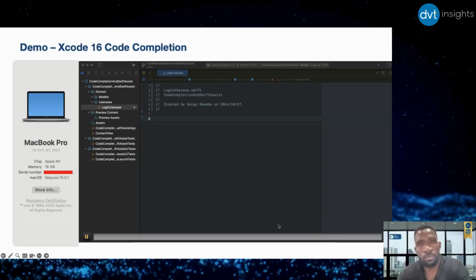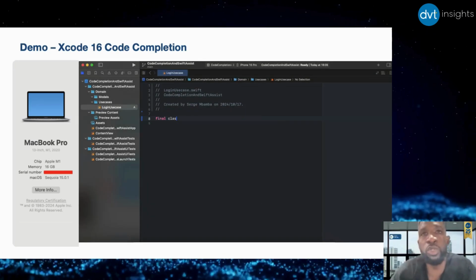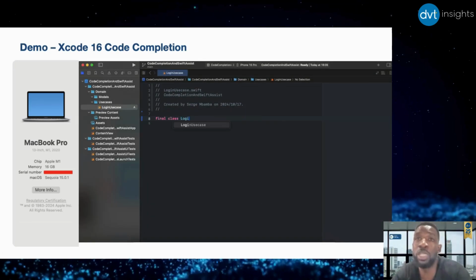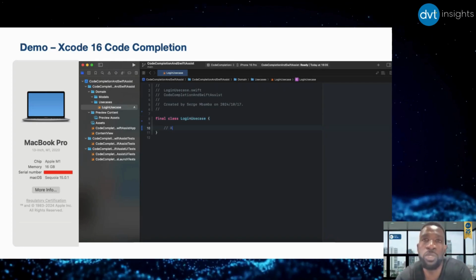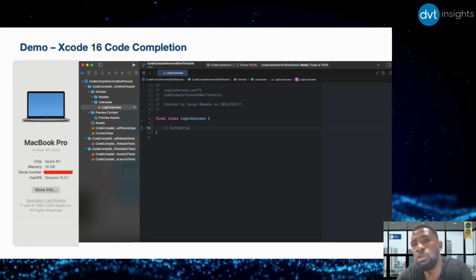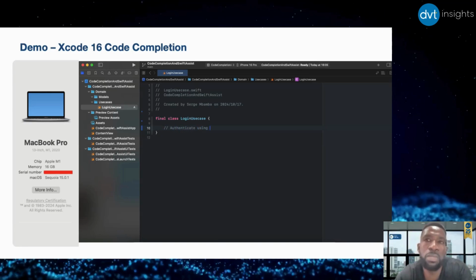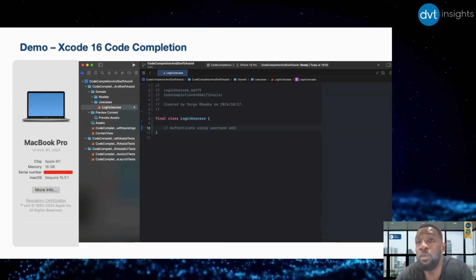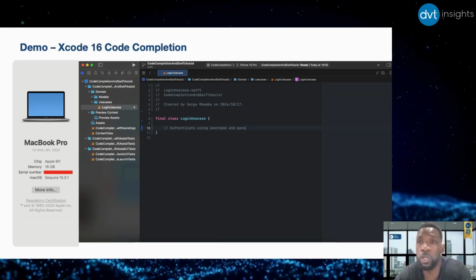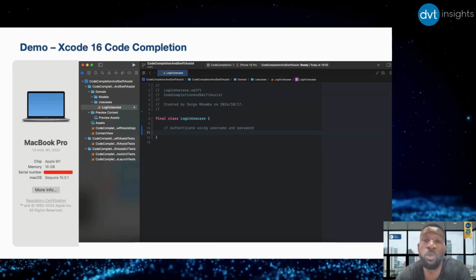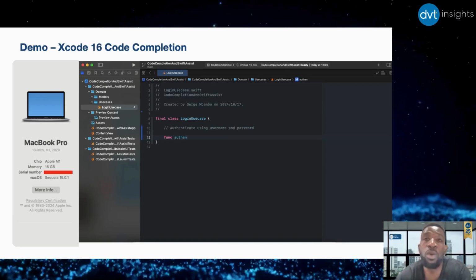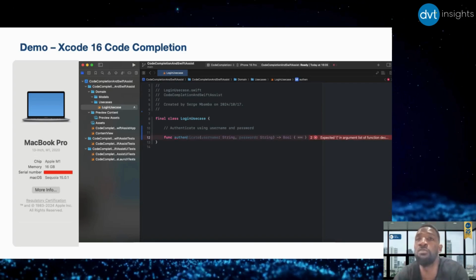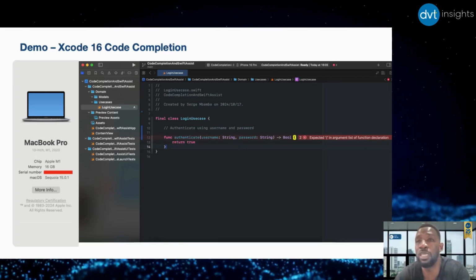In this context, what I wanted to do is build the login use case, which will encapsulate the logic attached to the authentication process. Here, I would like to authenticate using an email or any identifier with an associated password. Code completion is already well aware of the context. As soon as I've given my description in the comment, code completion should take over and give me a completion automatically, which in this case I accept.